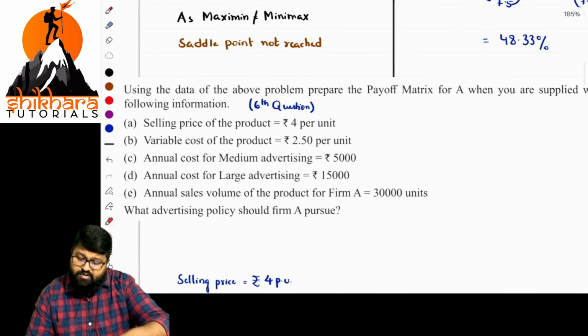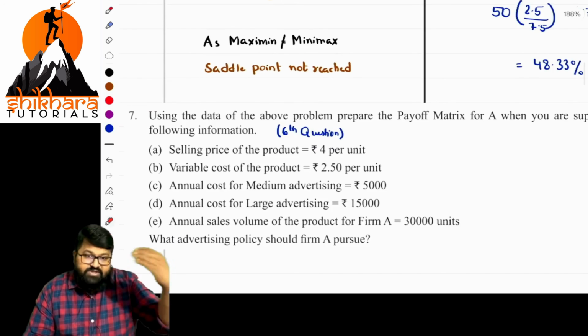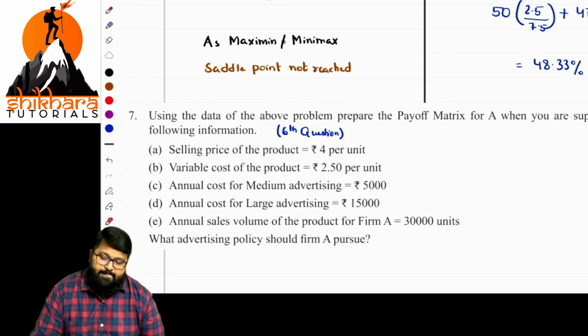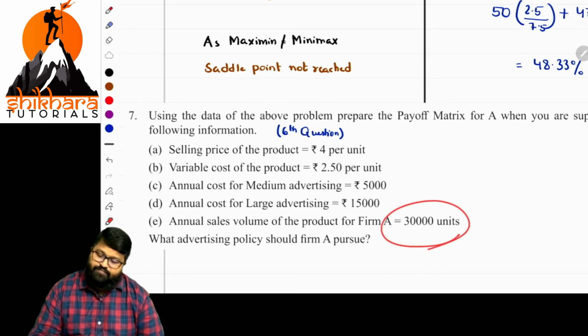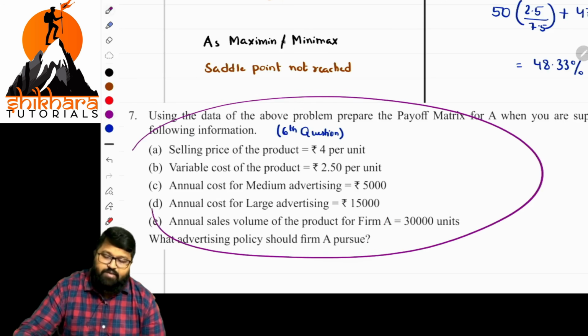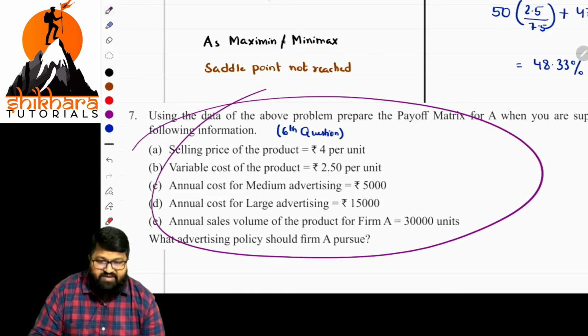Next, what is this, sir? Sir, it is asking us to do this by using the above data itself. What is this point here, sir? How should we do it, basically? Okay, and he is giving the units. These are mentioned there. Now what should we do, sir? Basically, I'm explaining this one more. I'm not solving this because it is very, very easy.